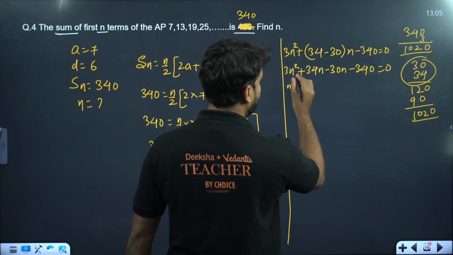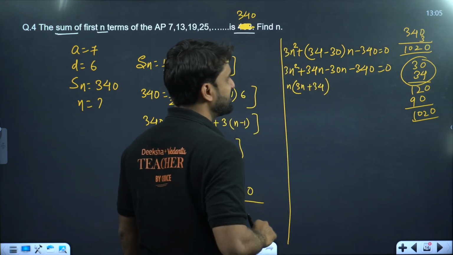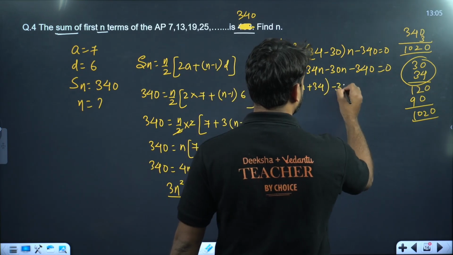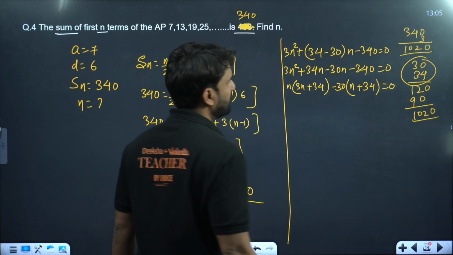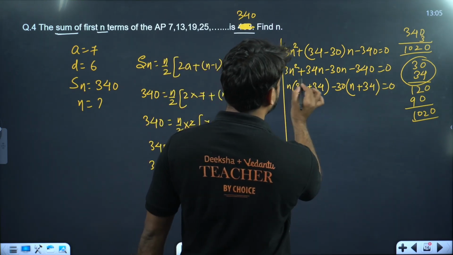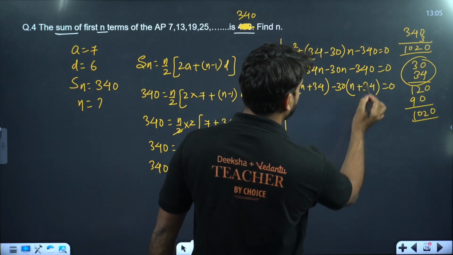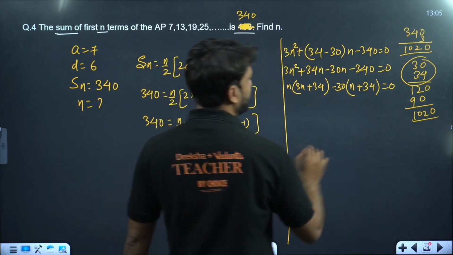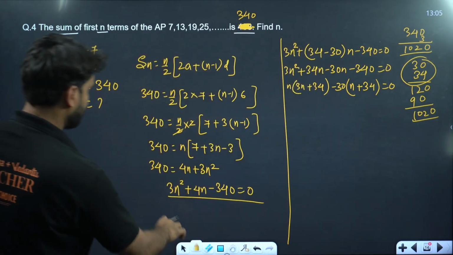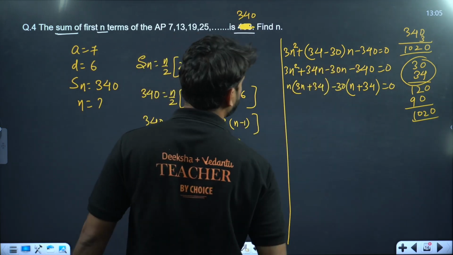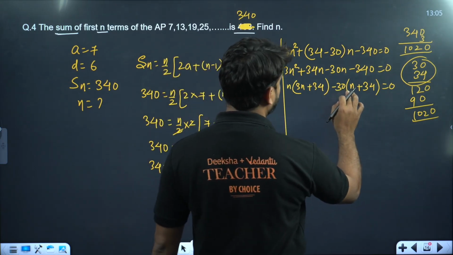So this will become 3n plus 40, and here we can take common. What we can take common, champions? 30. So this will be n, and this will be plus 40 is equal to 0. Right, so this is 3n square, 3n square plus what we are taking common? 3n square plus 40n, and what we are taking common here? 340 is there, no? So if we are taking 30 common,